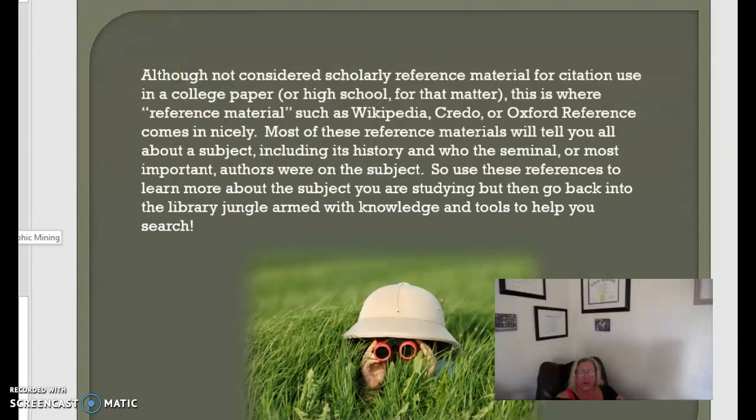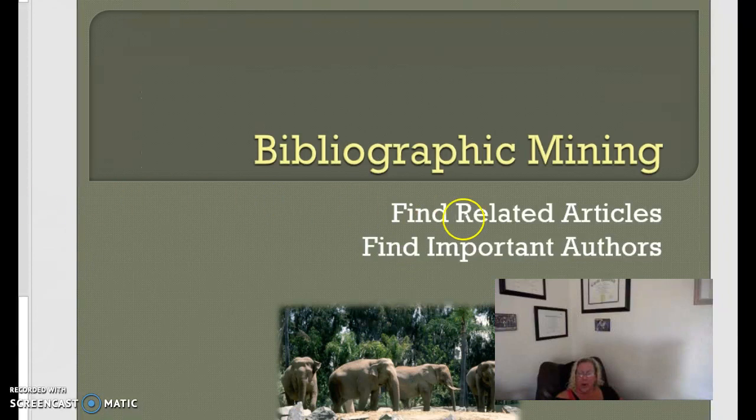And so with that, we're going to talk about bibliographic mining. This was just so revolutionary. When someone showed me this when I was in school, I was like, oh my gosh, why did I ever realize this? So bibliographic mining, what this means is that you find an article, okay, and it's a good article,